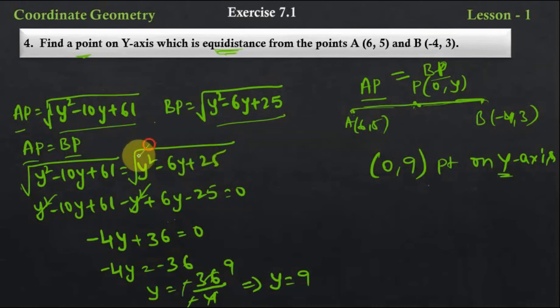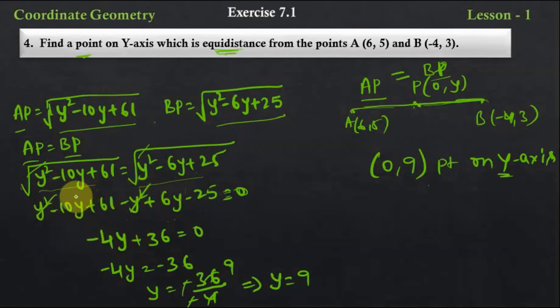See, this square root and this square root get cancelled, isn't it? So what is left? So I am bringing all the values to one side. This left hand side value will be as it is. When the right hand side values come to the left hand side, what happens? This will become minus y square, and this minus 6y when it comes this side will become plus 6y. This plus 25 when it comes this side will become minus 25, is equal to the right hand side, which will be 0. Okay, now we'll see here, y square and minus y square get cancelled, right?